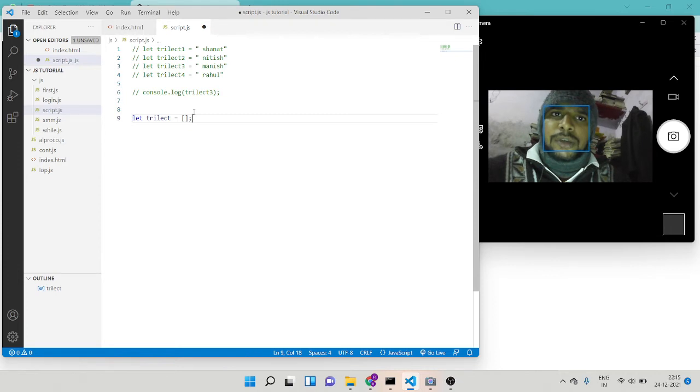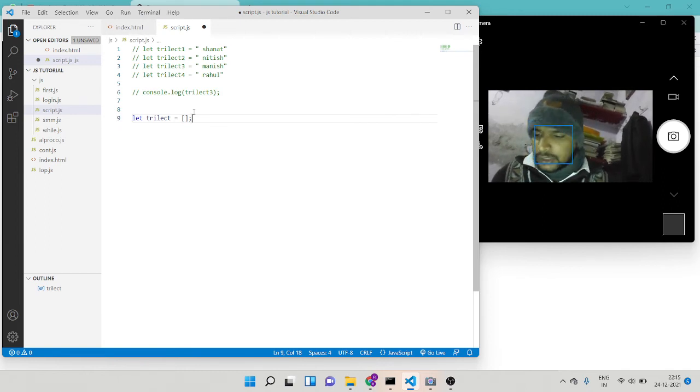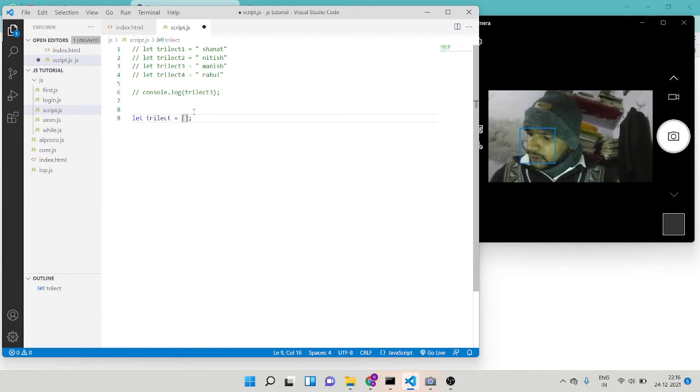Now we will learn the difference between a variable and an array. We can only mention one value in a variable, but we can mention multiple values in one array. So how to use the array? This time I mention the four names.